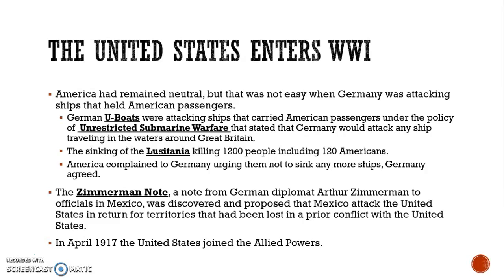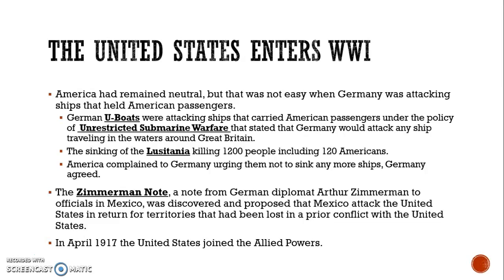America had been complaining to Germany, urging them not to sink any more ships, and Germany was like, yeah, sure, we will. But it was really difficult for them not to do that when Great Britain was still their enemy. The last straw for the Americans was the Zimmermann Note, a note from German diplomat Arthur Zimmermann to officials in Mexico. It was discovered and had proposed that Mexico attack the United States, and in return, at the end of